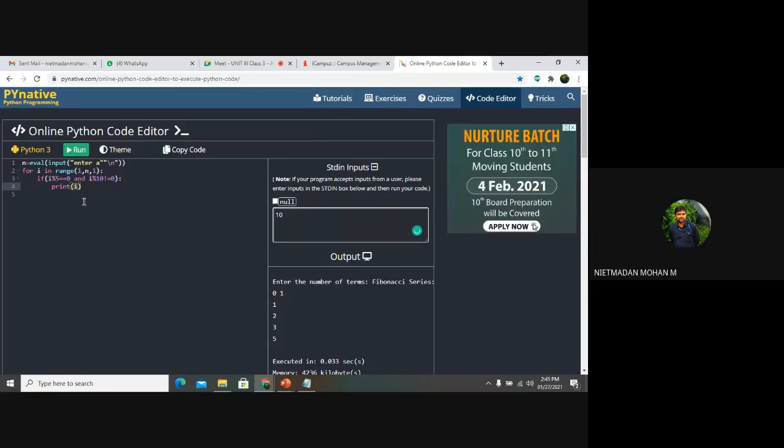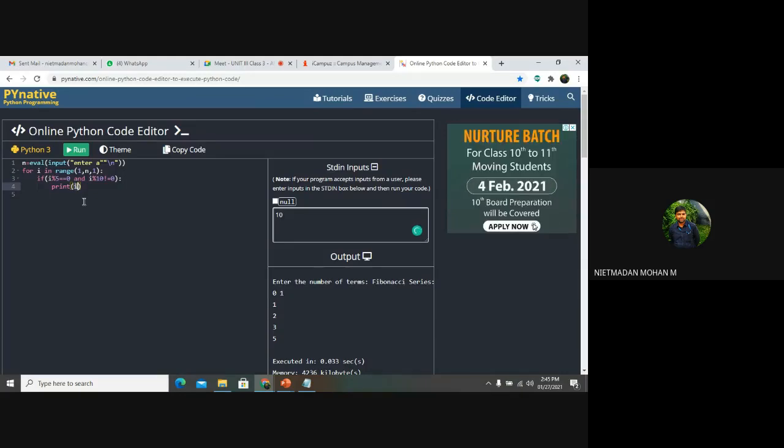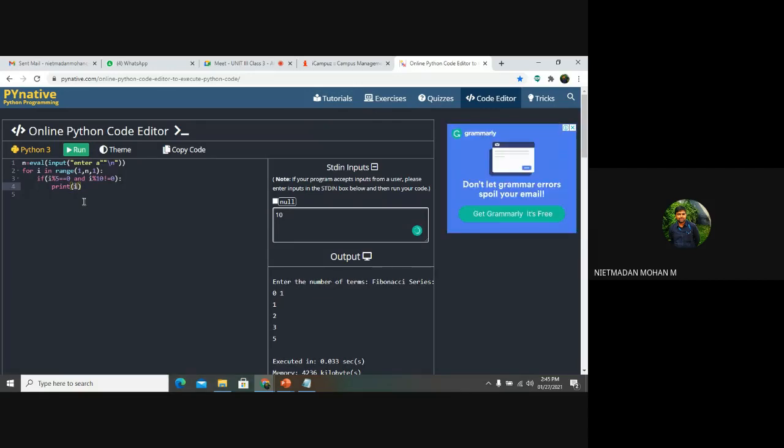Yes, sir. If you are using the OR function, then if either one of the conditions is true, i will be printed. And here we are using the AND function. It means both conditions have to be true, and only in that case will i be printed over there, right?